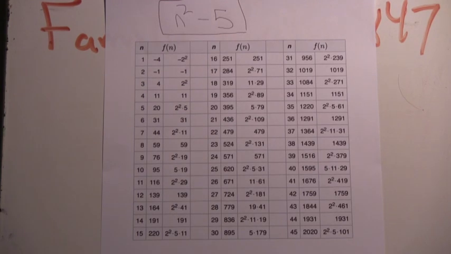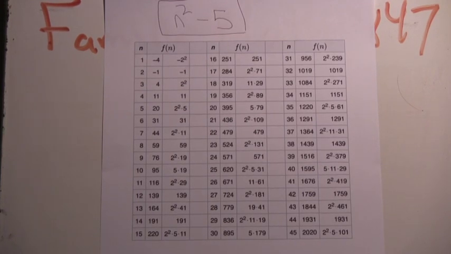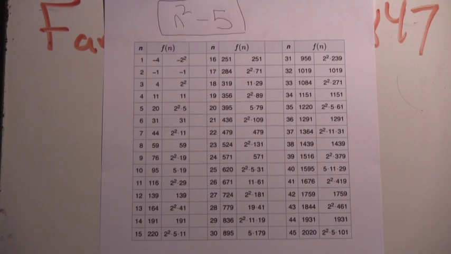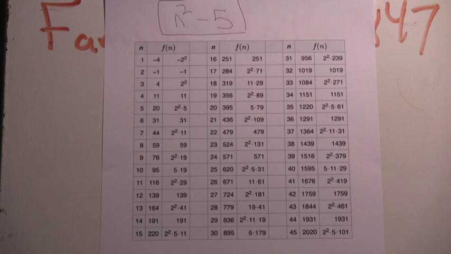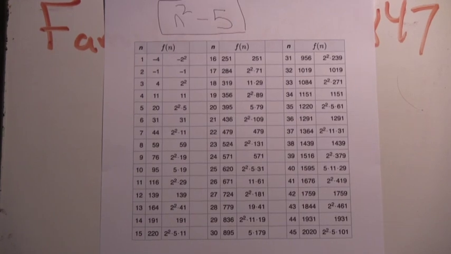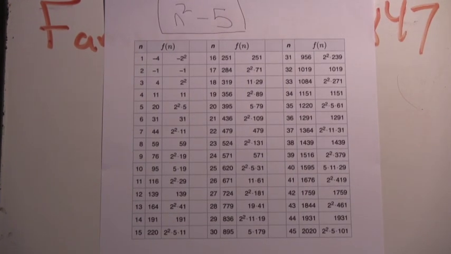When you look at n squared minus 5, you don't see primes that end in 3 or 7. But you see lots of primes that end in 1 and 9. And you also see the 2s and the 5s. Alright, so let's go on. Let's see what squares look like when we look at